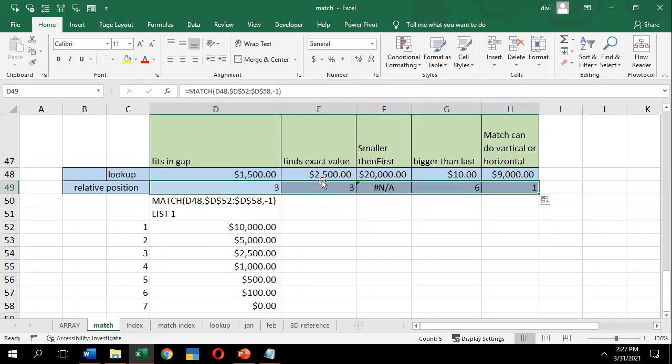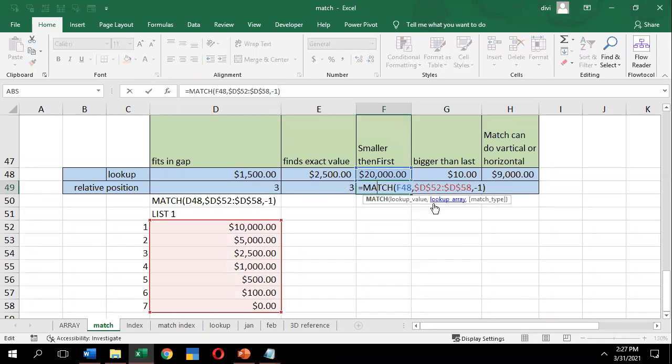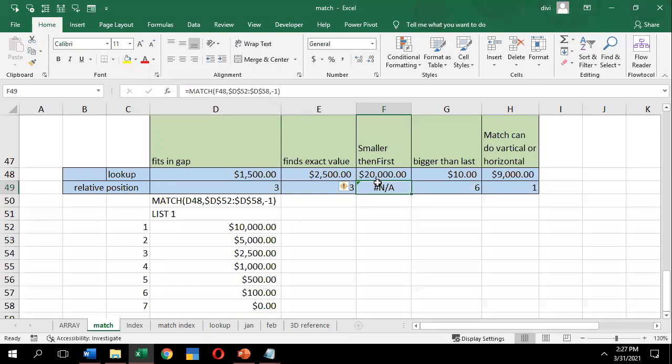Yes. The value of 2500 is in third place. Why am I not getting 20,000 here? This is an NA. Why am I getting NA for 20,000? Can anyone answer why I'm getting NA?